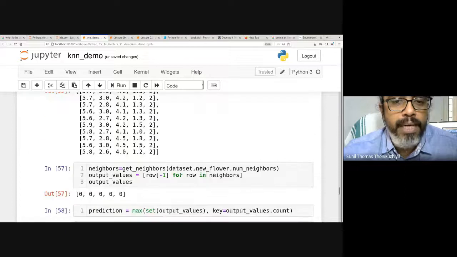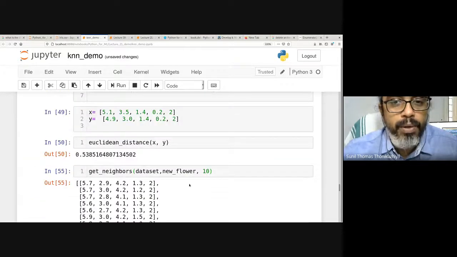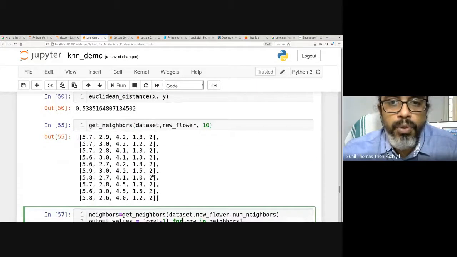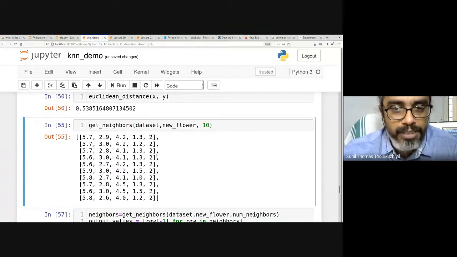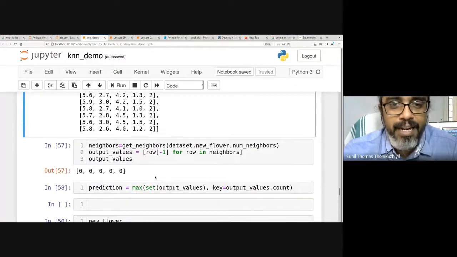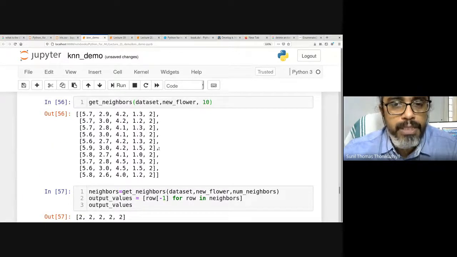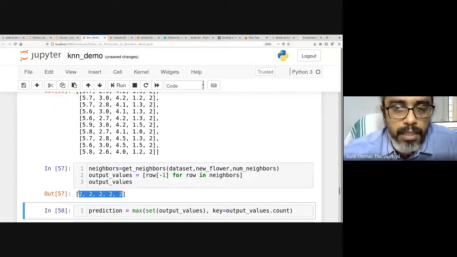Once you got these 5 neighbors, you need to extract only the last value of each. See here everything is the same. All the 10 or 5 or whatever it is, they have the same value. Now you have to compute which are the nearest values, the 5 values of this one, which are the nearest